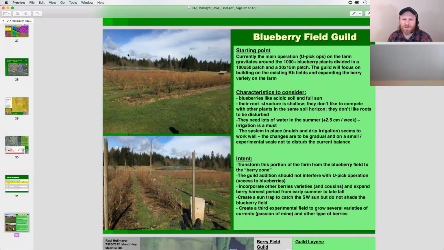So this was a blueberry field. It was a U-pick operation, about 1,000 blueberry plants divided into a 100 by 50 foot patch and a 30 by 15. And this was really about, for their guild assignment, building functionality around these blueberries. So